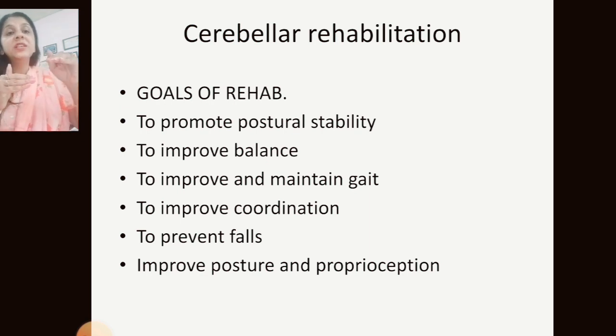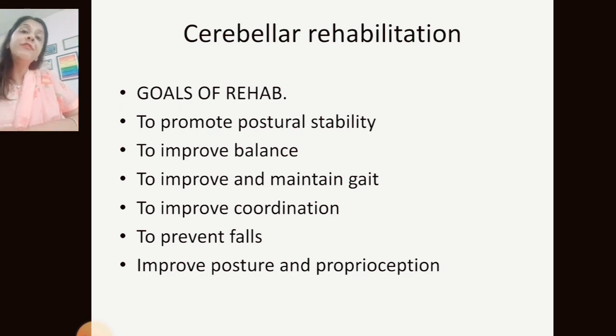If the patient is walking but the walking is inaccurate, and the patient takes a long time to cover a particular distance, or becomes incoordinated during the movement with higher or lower amplitude, the patient can break the path sideways, or is not able to turn 180 degrees or 360 degrees. So we must work on incoordination. Improving coordination is one goal for cerebellar pathology. If we work on all that, obviously the chances of fall become less.